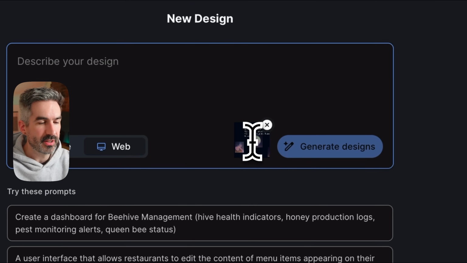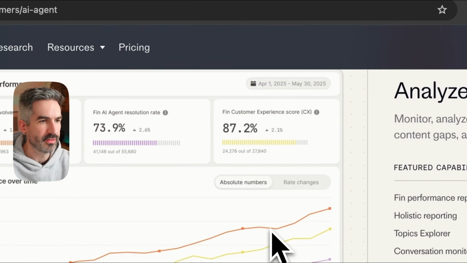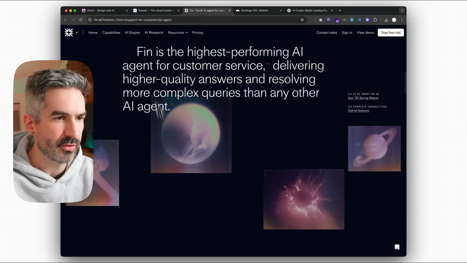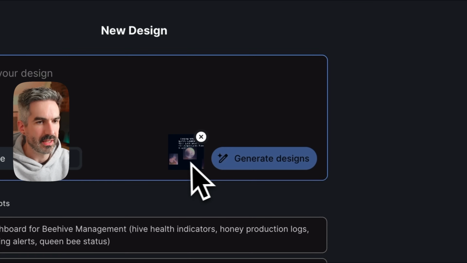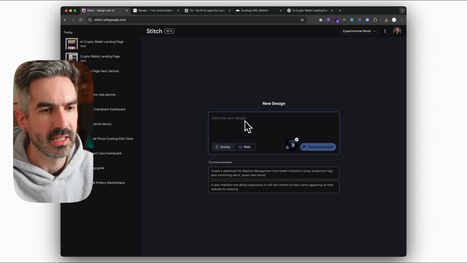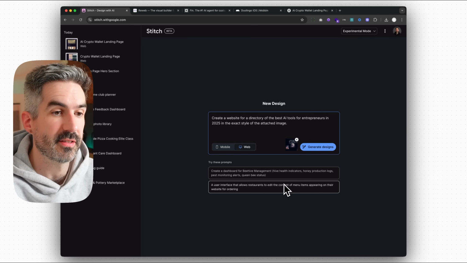I'm going to add the prompt in here. I've just selected one image, one screenshot of this page that I've taken to see if it can follow the style, which was of this section. So we'll see if it can create a website based on that image and follow that design style and see what happens. So I'm just going to give it a really vague prompt this time and actually just keep it super simple